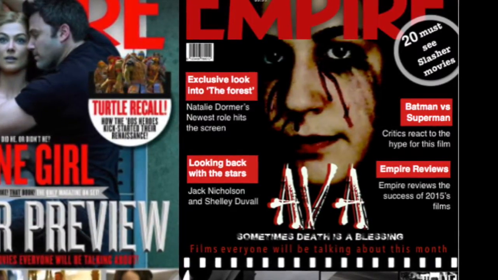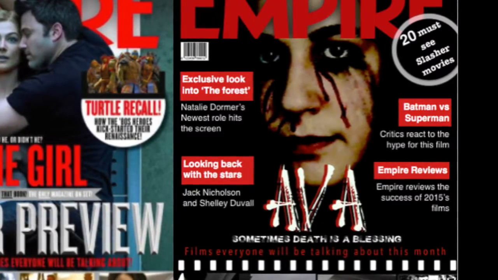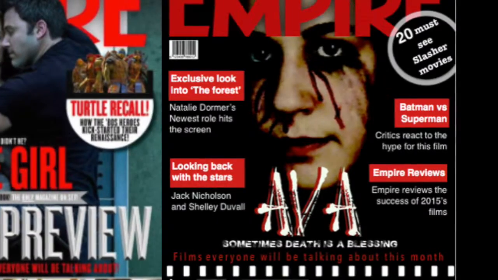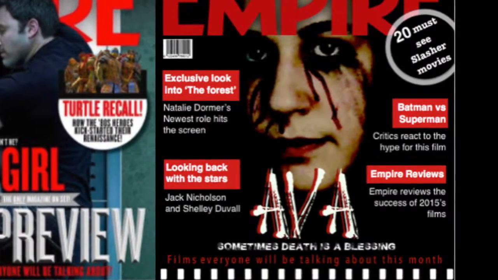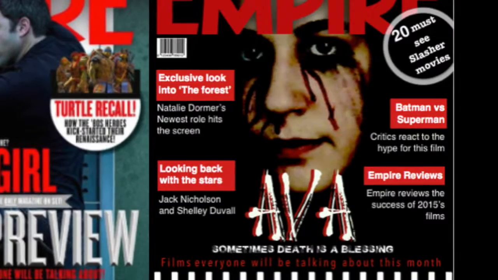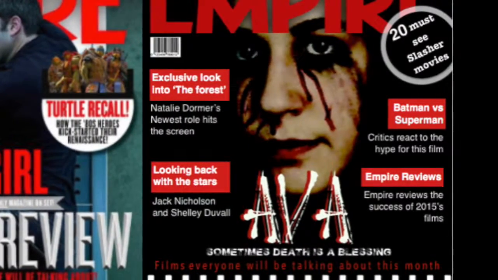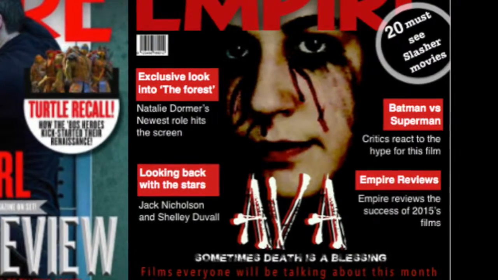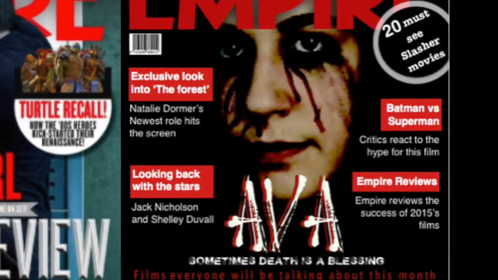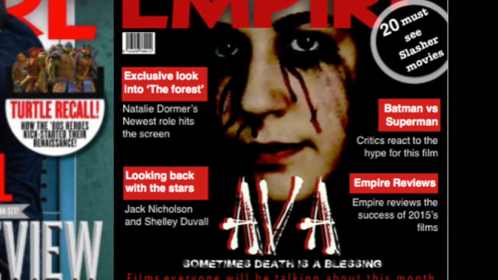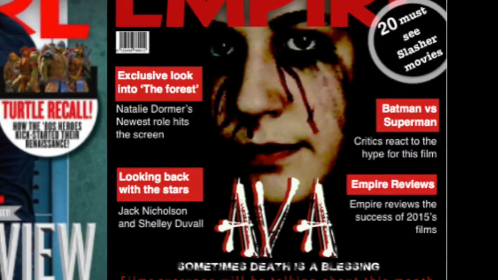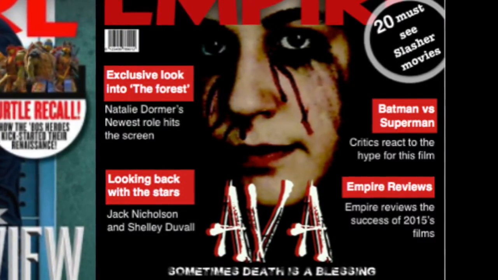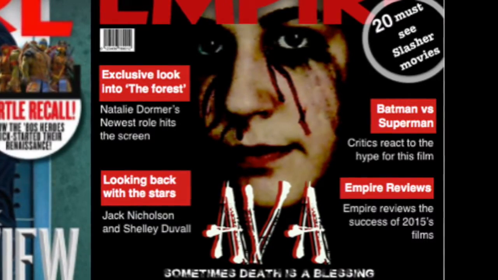I also changed conventions, as I decided to not have the winter preview banner on my front cover, as I felt it overpowered the title and drew people's attention away from the main focal point, which is the image. This worked on the Gone Girl edition because the image is overlapped on the Empire logo. As my image does not do this, everything really looked compact, which is something I did not want to achieve on my magazine front cover. I did pick quite a busy cover to take inspiration from, however, deleting the features I did not think worked well on my front cover was the right decision.